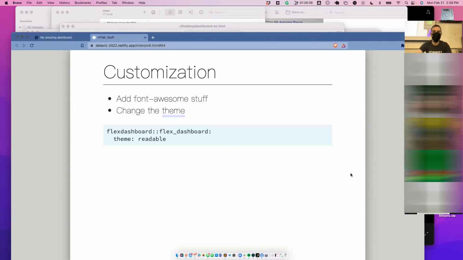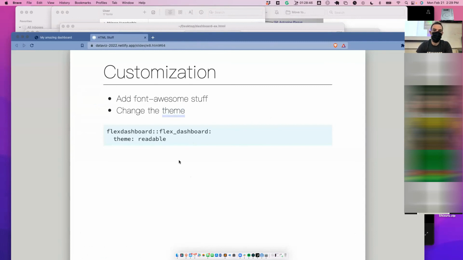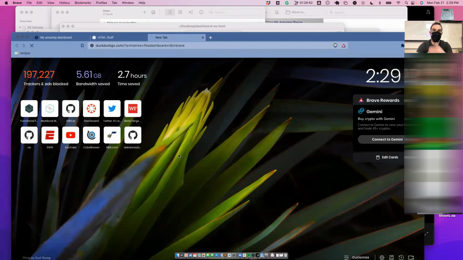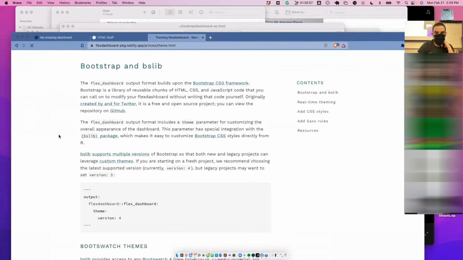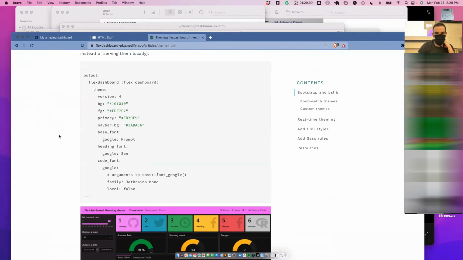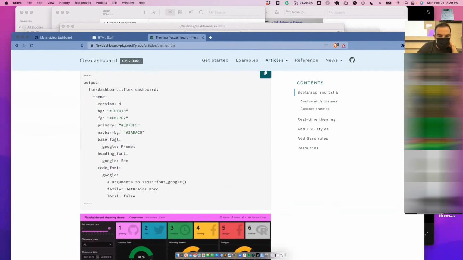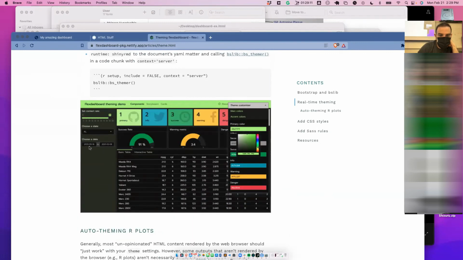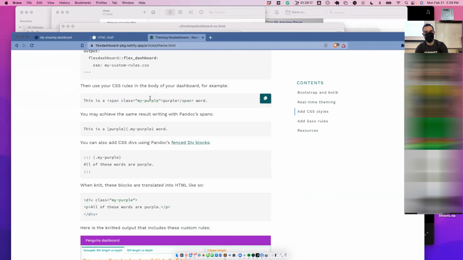You can change the theme, so let's do that real quick. You can look at all the themes here. So there's, oh, I guess you can't. I need to update that. But if we just Google themes, flex dashboard, you can see here's theming, flex dashboard. So here's a whole bunch of different ones. That one looks cool. Let's try that one. Oh, this is actually more of a specific theme. That's cool. I didn't know that they had done this. So they have made it quite customizable. I've always done it with just a CSS style sheet if I were going to do it, but